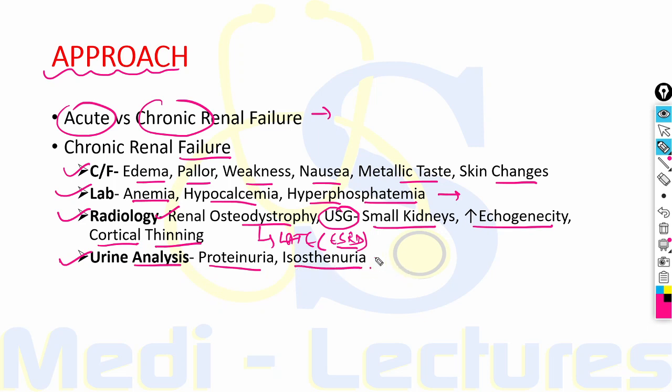Isosthenuria is also seen in acute renal failure due to acute tubular necrosis. This occurs in any cause which damages the tubules. Since CKD as well as acute tubular necrosis has dysfunctional tubules, these will lead to isosthenuria, that is fixed specific gravity. This is non-concentrated urine which is isoosmotic to plasma, and as we have discussed, this is due to damage to the tubules.